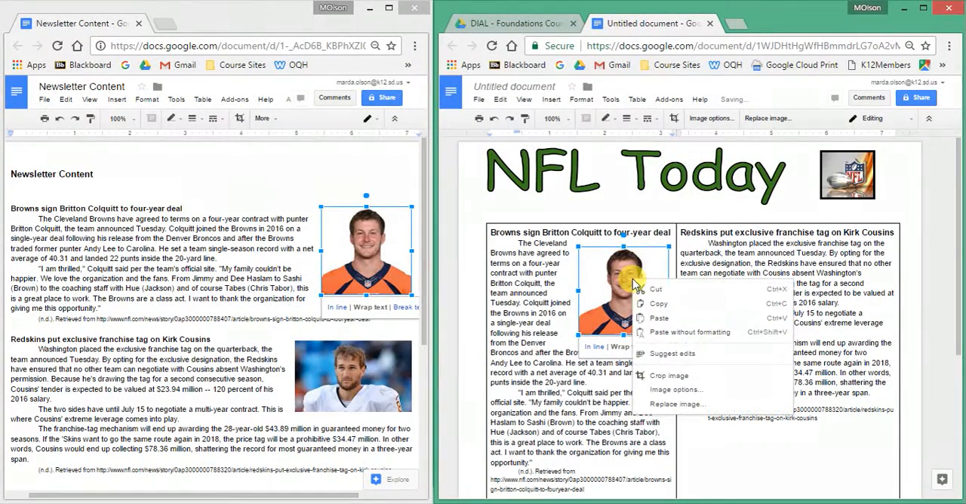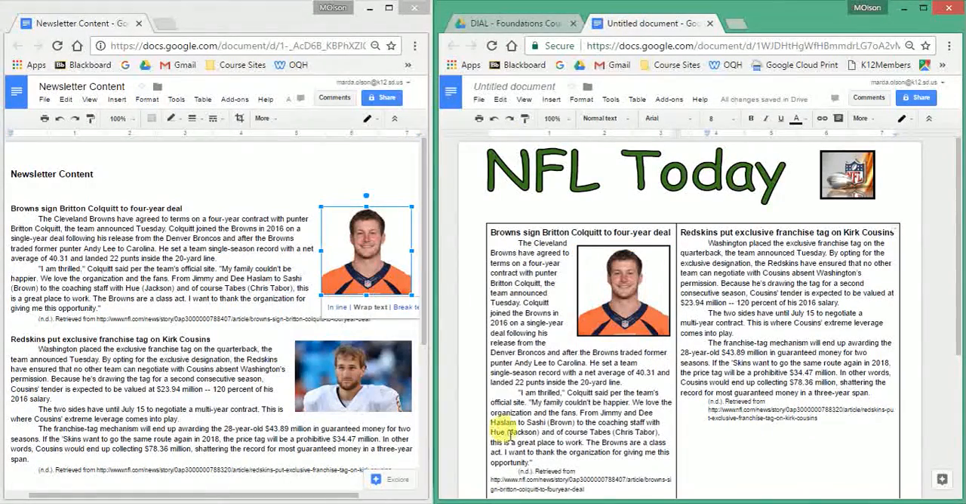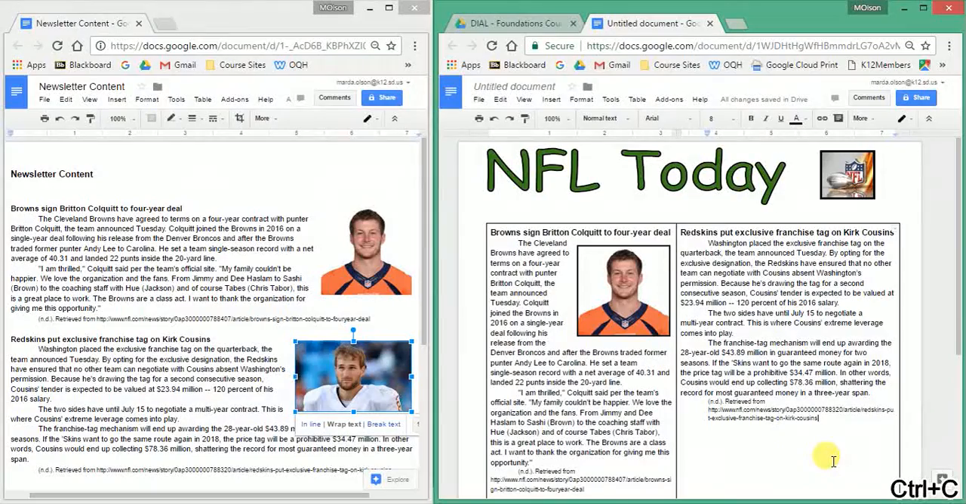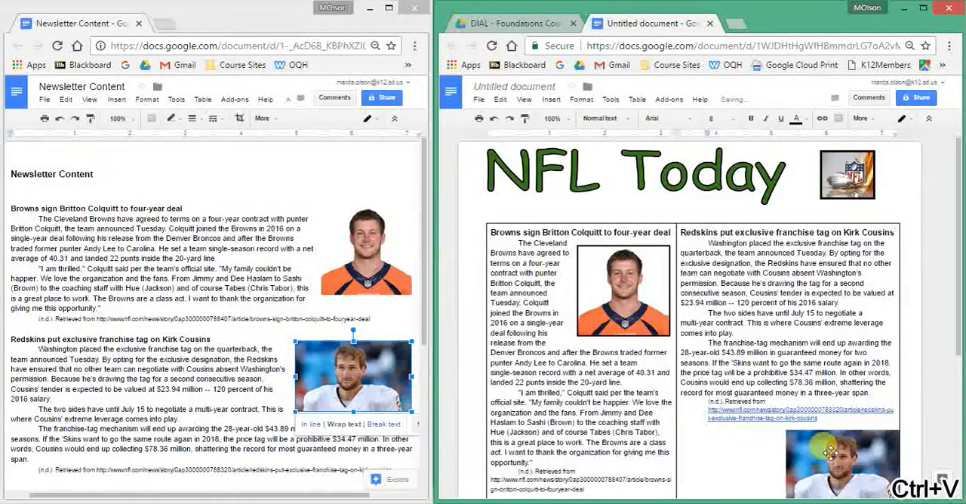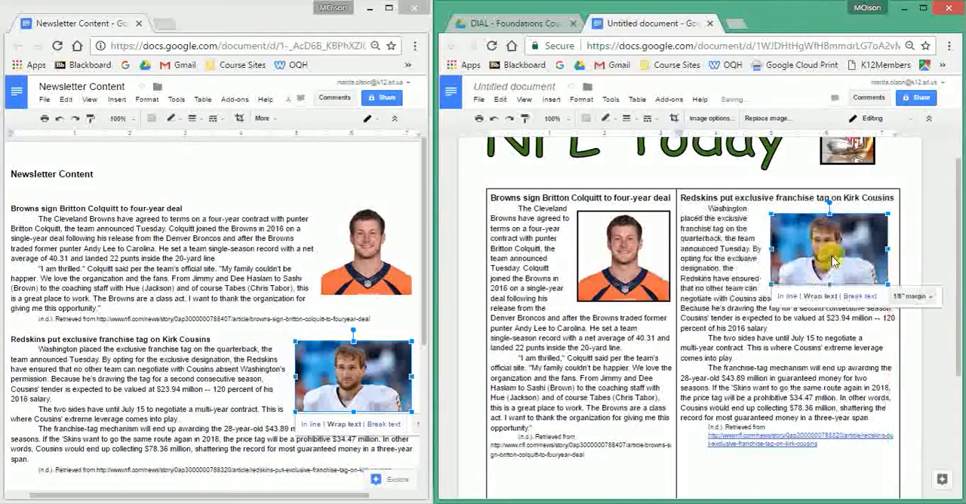If you right click on it again, or once you have it selected, you can change the width to give it a border. We'll go get the picture of Mr. Cousins, copy it, paste it, make it wrap text, slide it in over here, change the width so it has a border,